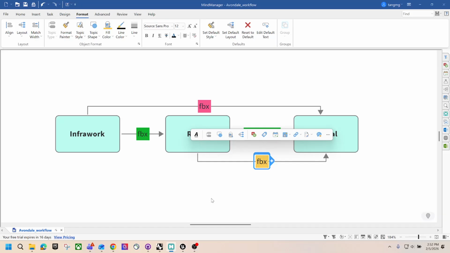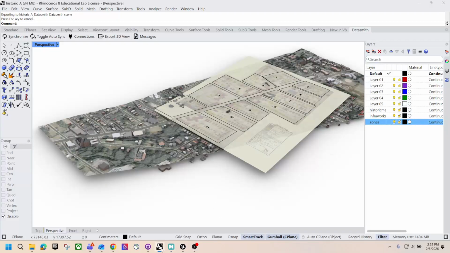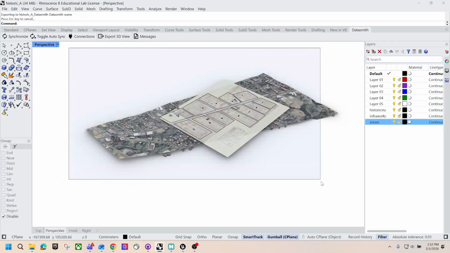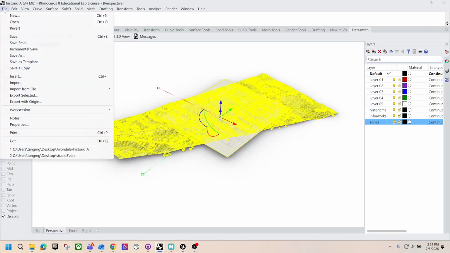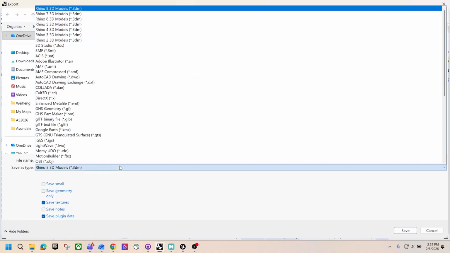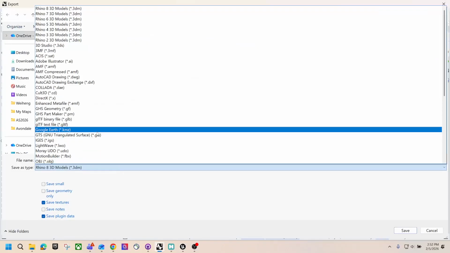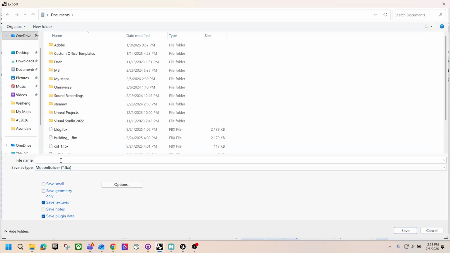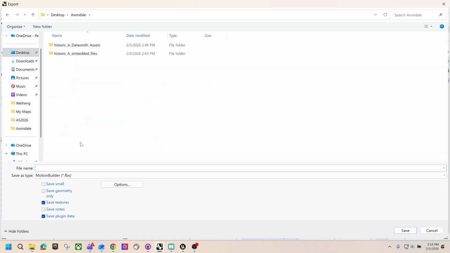I think in the last tutorial I covered how you can export directly through Datasmith export to 3D view, right? But in case you export into FBX, which is the format available in Rhino, this is called the MotionBuilder FBX, which is right here. You could do that, and then you can say, hey, this is a model I want to directly push into Unreal. So you can give it a name, whatever name here,